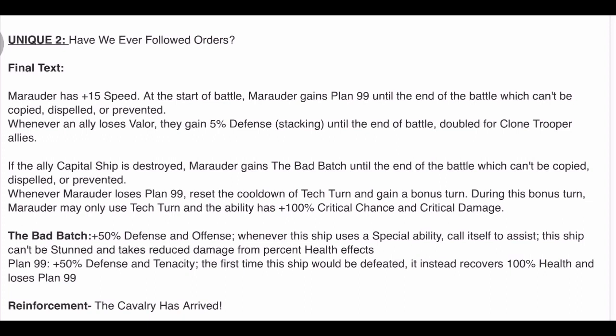Second, call yourself to assist. How does that happen? What does that mean? So, whenever you use a special ability, you use your special ability, and then what? Right after you finish your special ability, you use your basic or something? How do you call yourself to assist? It's weird. Ship can't be stunned. That's pretty cool. And takes reduced damage from percent health effects. That's literally a GL feature. Every single GL, that's what's in their kit. It's part of the kit that says Galactic Legend. This character takes reduced percent health effects from...